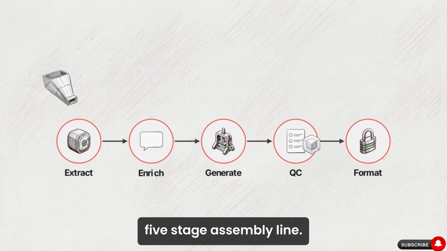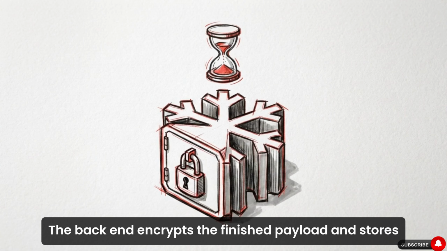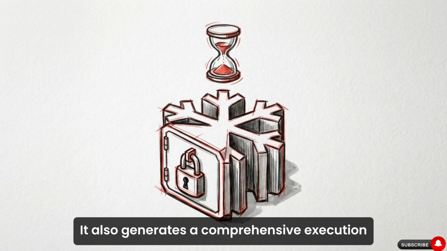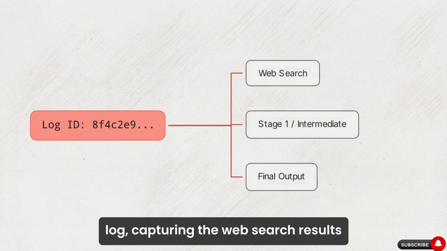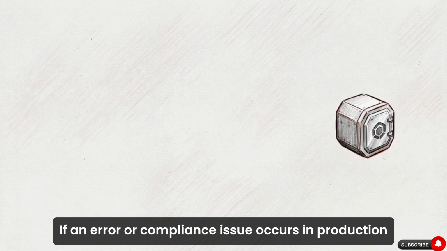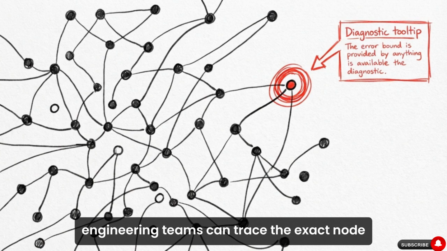structured 5-stage assembly line. Post-generation, the backend encrypts the finished payload and stores it in Snowflake with a 24-hour time to live. It also generates a comprehensive execution log, capturing the web search results and every intermediate output produced by the AI models. If an error or compliance issue occurs in production, engineering teams can trace the exact node and